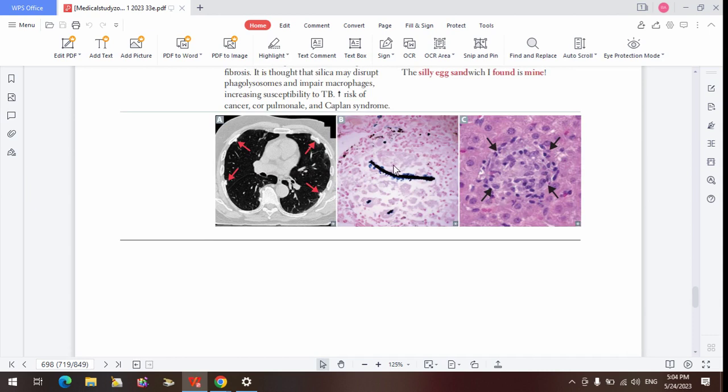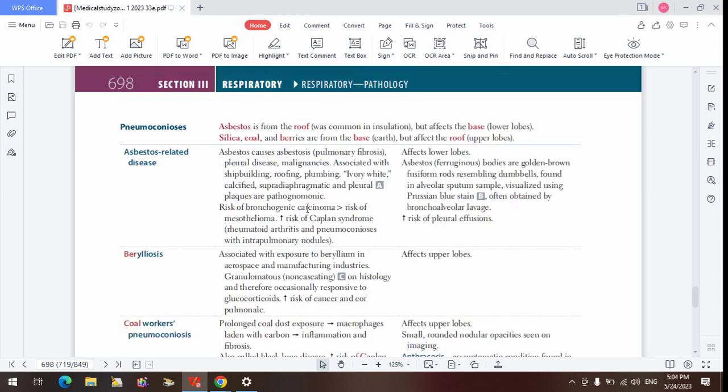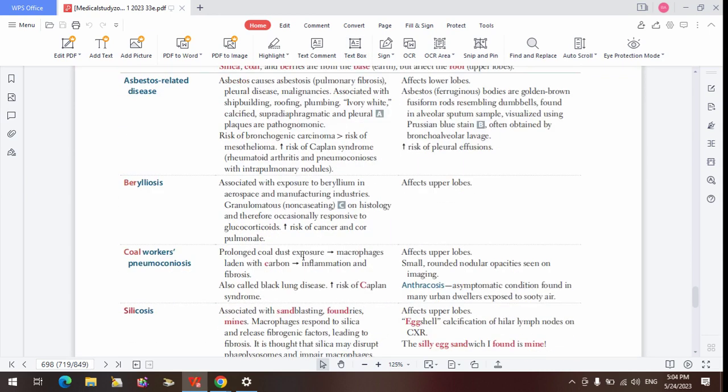It can also cause pulmonary fibrosis. The person can develop portal hypertension. They have high chance of developing pulmonary hypertension, and it also increases the risk of cancer. So we've said it. Pulmonary fibrosis can cause cancer. From the pulmonary fibrosis, they can have heart failure. So that's that about berylliosis.